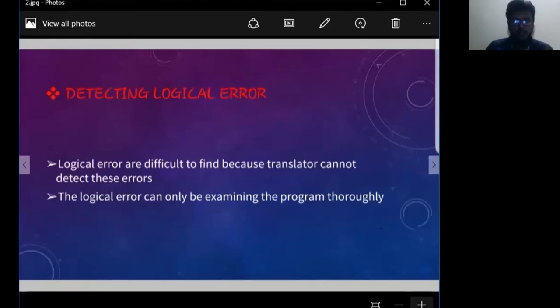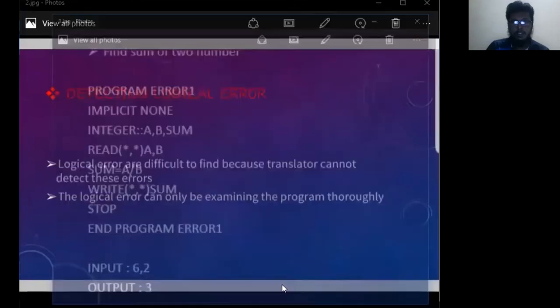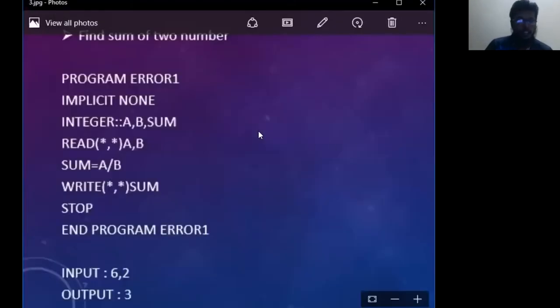Here we can see a program finding the sum of two numbers. Suppose there are two numbers, 6 and 2. Therefore, the sum of these two numbers will be 8.